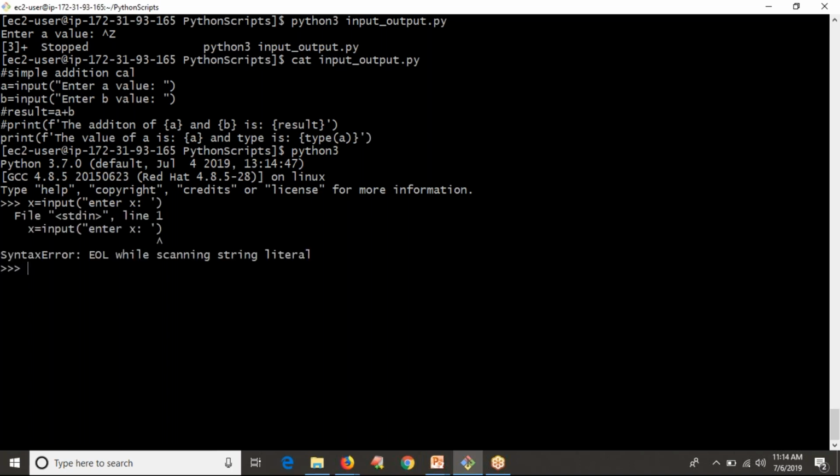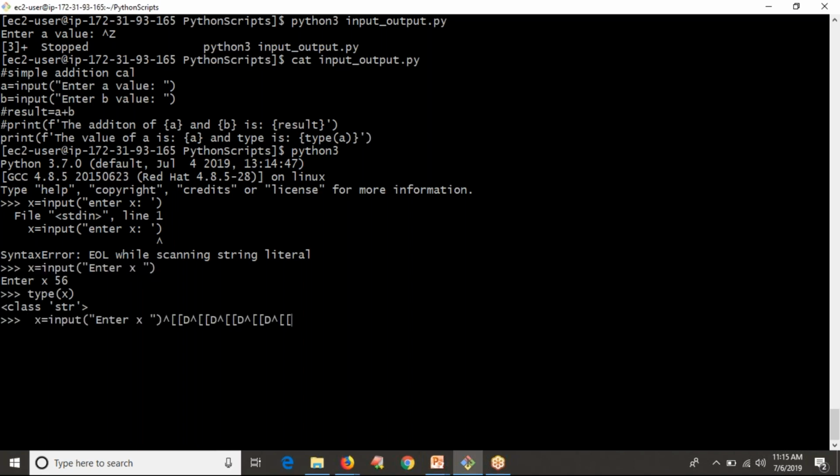So I'm entering something. What happened? Yeah, I have started with single quotation and ended with double quotation. That's wrong. Enter x. I'm entering something called 56, right? Then see that type of x is string, but I want to fill that as a number, integer. So that's why while reading, type conversion we have, right?